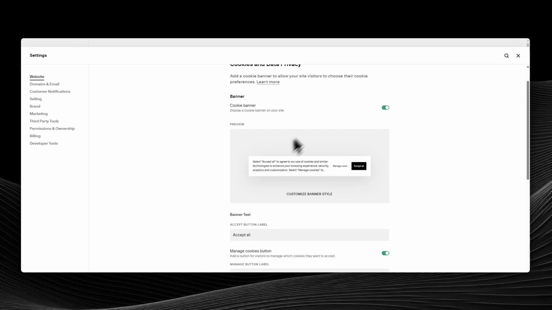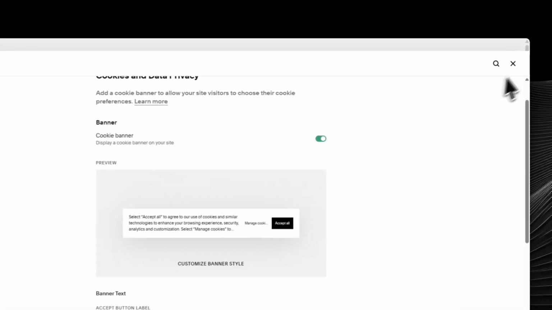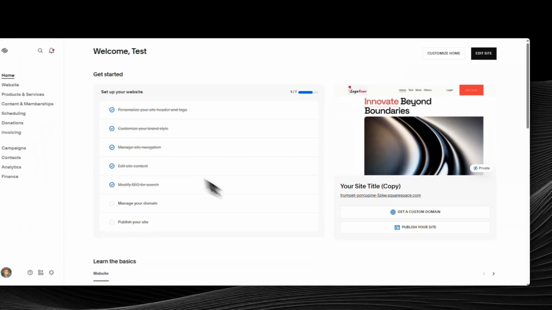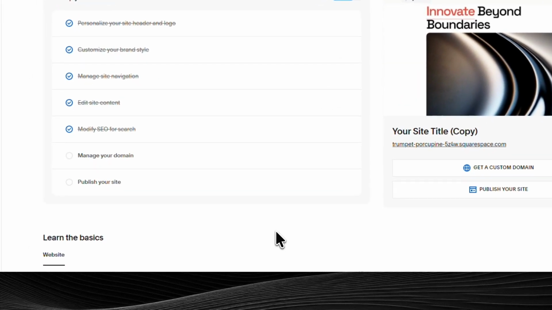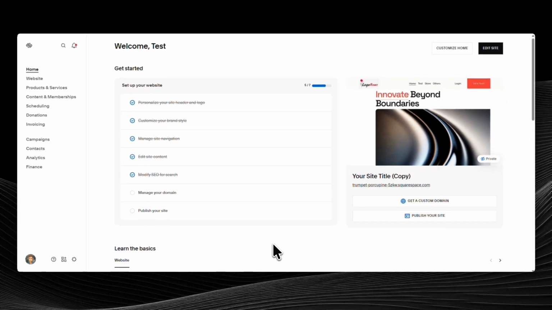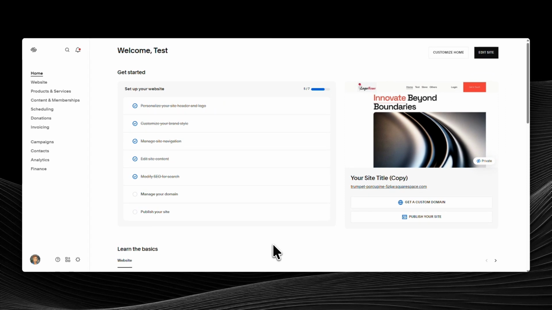As a quick tip, after enabling it, it's a good idea to preview your website and check how the banner appears on the front end. That way you can confirm everything is showing properly and that the experience feels smooth for visitors. If you manage traffic from different regions, this is especially helpful, so you can make sure your privacy messaging is